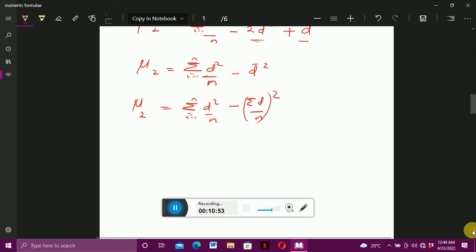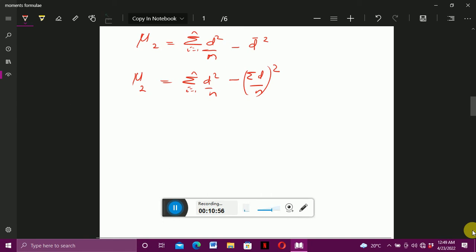And then once we have written that, we recall that d is x minus a. So we say mu2 is the sum from i = 1 to n, and instead of writing d squared, we write (x minus a) squared over n